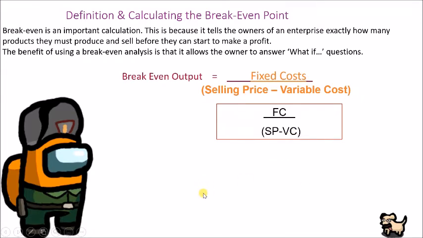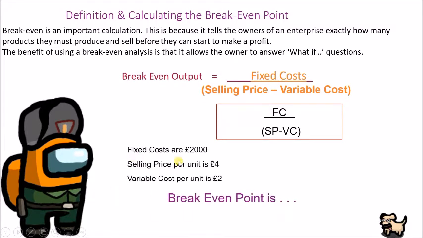Here's an example as a quick double check so that you know we've worked it out and we've got it accurate. If fixed costs are £2,000 and selling price per unit is £4, variable cost per unit is £2, what is break-even point? So let's go. First we need to do the brackets. Sales price per unit is £4 minus the £2 of variable cost. The answer is £2. Look, the numbers aren't going to be tricky for you. And then you divide £2 into £2,000 and the answer is